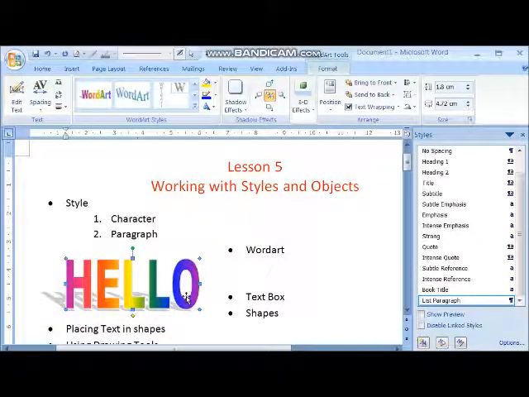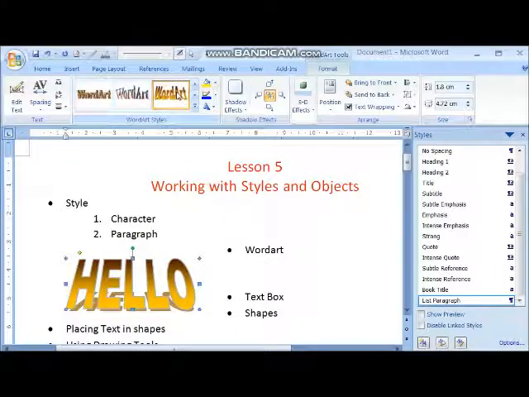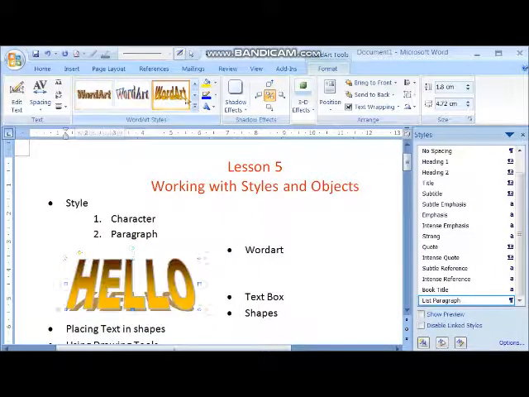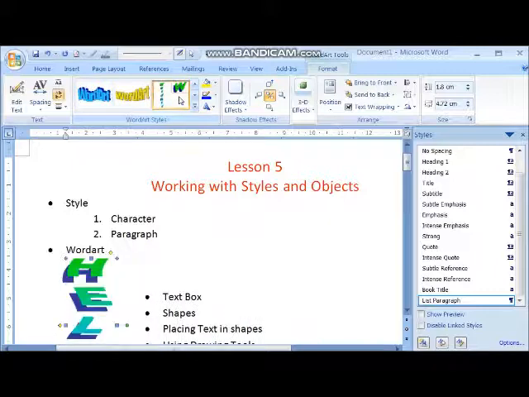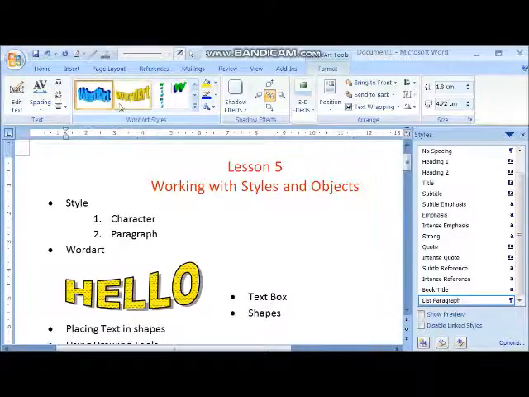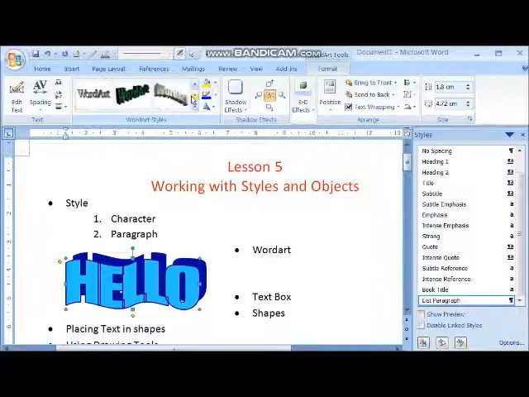Okay, now word art का ये देखो, जैसे ही हमने word art insert किया है, we are getting one new tab which is format. Now this can be formatted. If you want to change the style, see, the hello can be written in different ways. Okay, so this is your word art.